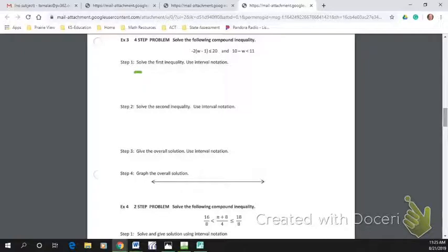I would not distribute. When you distribute, you make the problem bigger, a little more complicated. When you divide by negative 2, you make this problem simpler. But you got to be super careful because if you're changing the signs on both sides, remember that flips the inequality. Okay? So if you're going to divide by a negative in the very beginning of the problem, no problem. Just remember that switches the inequality. Okay? So if I divide this by negative 2,